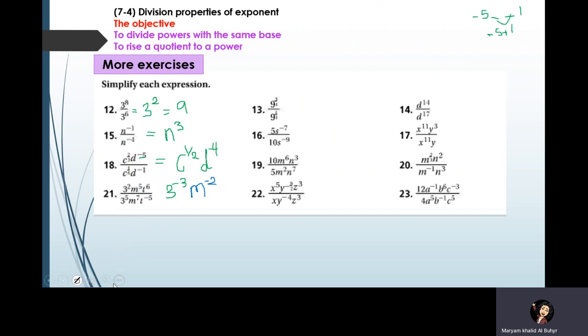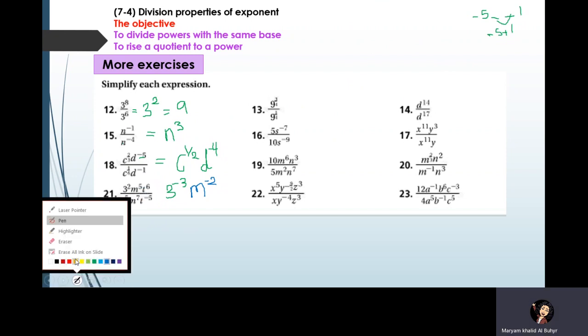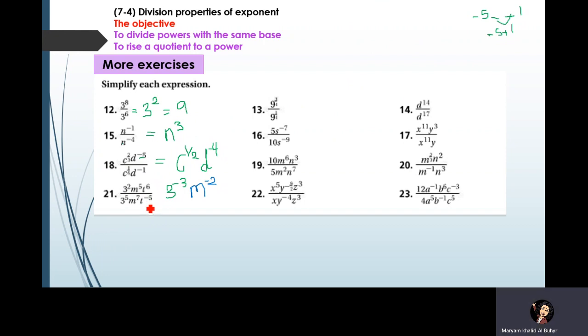Next, you have T to the power 6 over T to the power -5. You can say that this is T to the power 6 minus minus, so it will be plus. So 6 plus 5, it will be 11. Now, you learned in the first lesson between them all multiplication. Since this is a negative power, move it down. The only thing that you should leave in the denominator is what is already given with positive power. So T to the power 11 over